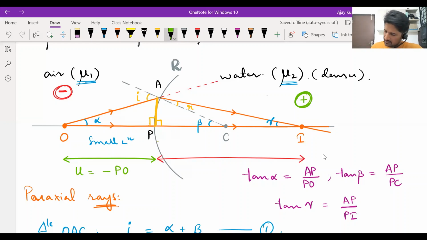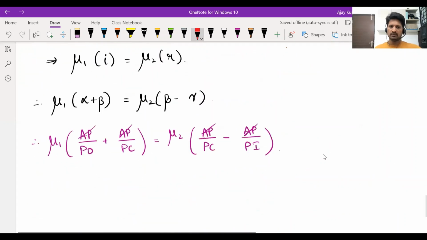Next, radius is from P to C. In this diagram, center is on the right side. So radius will be taken positive as it is, we'll substitute. Next, P to I is the image distance and I is on the positive side only. So PI itself will be the image distance. So we'll keep PI as V, PC as R, but PO will be substituted as minus U. If you do that,